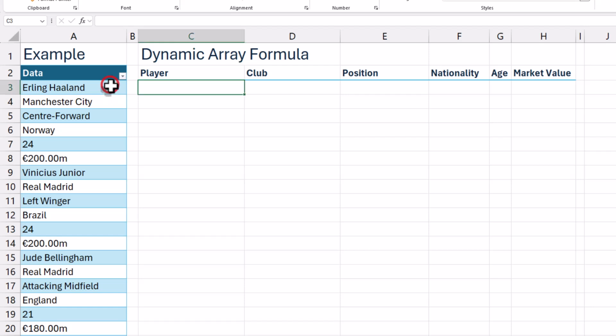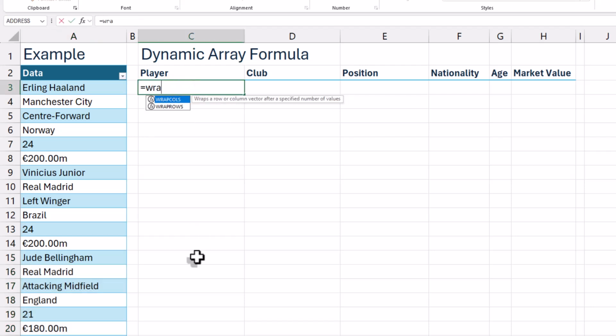Today let's tackle a common problem in Excel, working with stacked data. Imagine you have some information like football player data, all crammed into one column in repeating blocks. Each set of 6 rows is one player: name, club, position, nationality, age and market value. To actually use this data, we need to unstack it, turning each player data into its own row across multiple